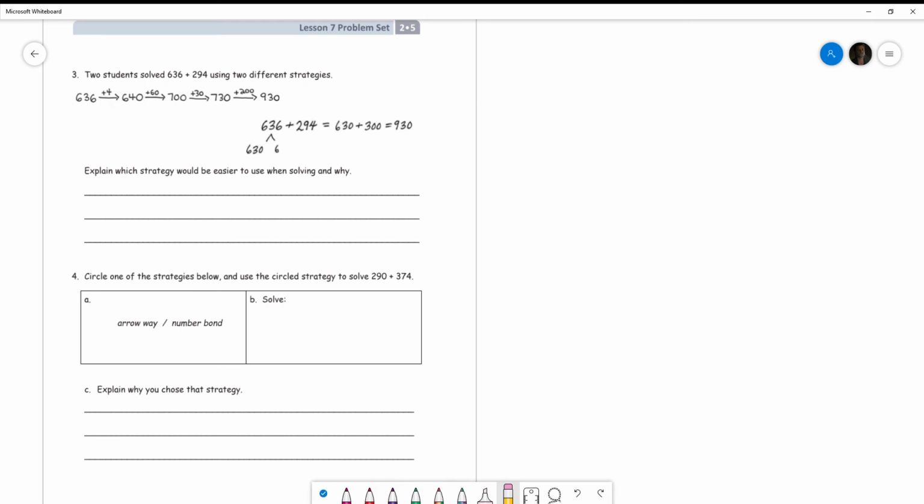Page 2. Two students solved 636 plus 294 using two different strategies. Explain which strategy would be easier to use when solving and why. So looking at both of these,